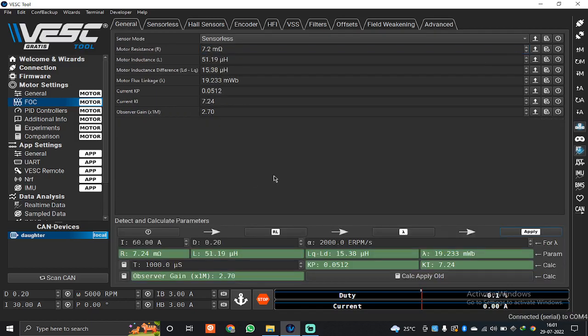So yeah, now I will press the up arrow key and you can see the motor is working. Now it's much more silent than before because we increased the switching frequency of the controller, so it's tracking much better. Alright, so